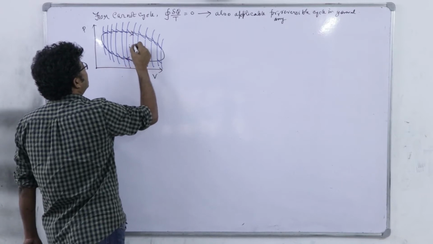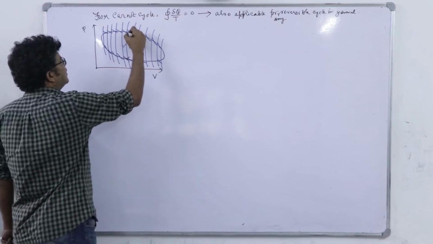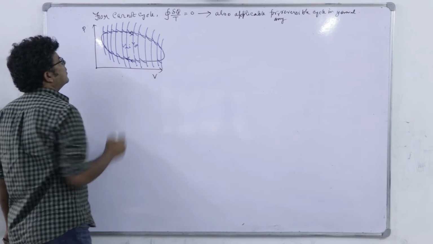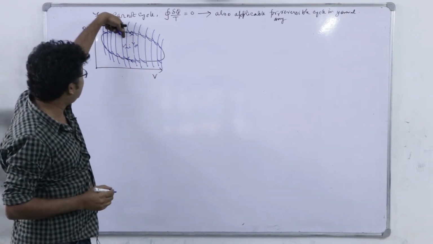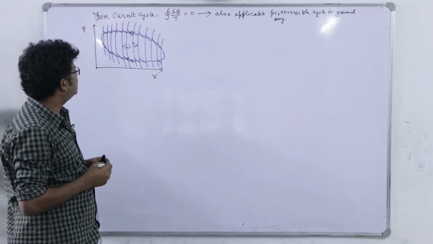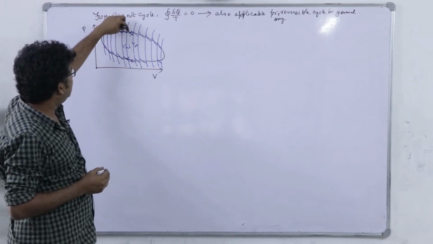Then you see this is the I plus 1, this is the I minus 1th Carnot cycle, and you see this ith Carnot cycle's adiabatic expansion cancels out with the I minus 1th Carnot cycle's adiabatic compression, and only